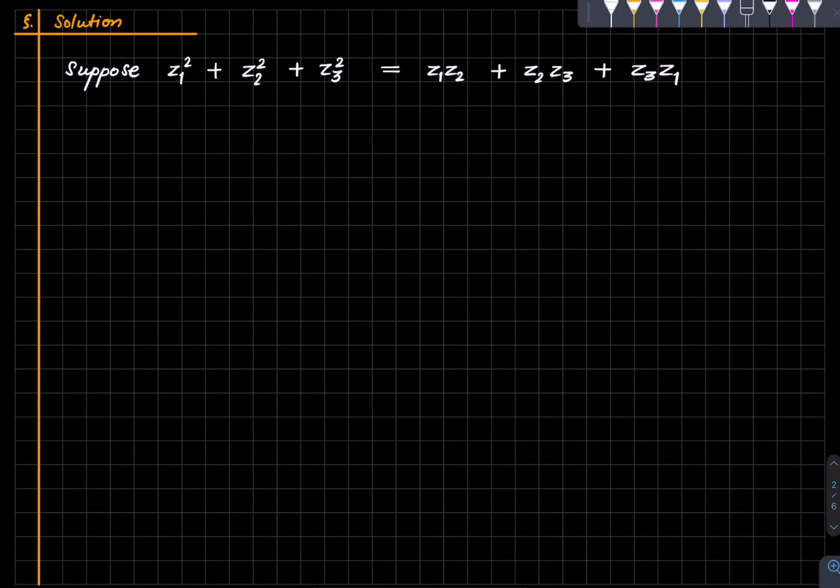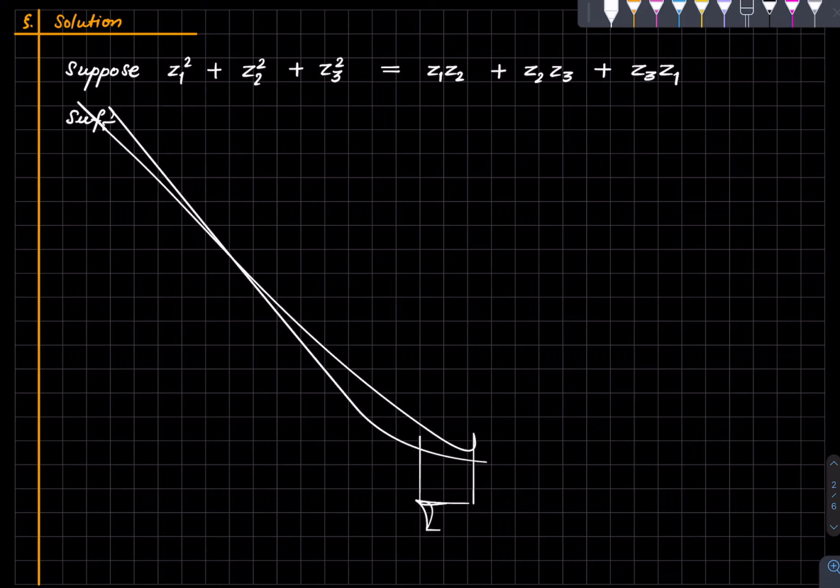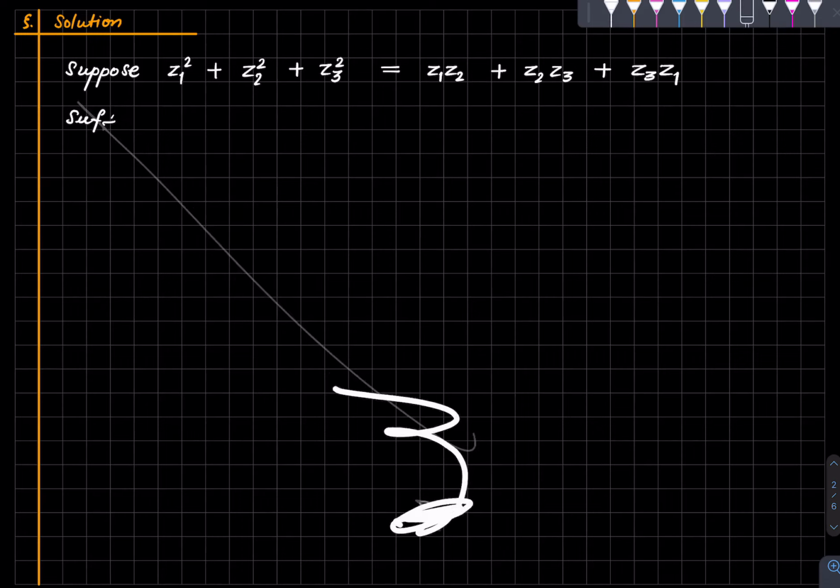So suppose indeed that we have this algebraic condition satisfied, then our goal is to show that z1, z2, and z3 are vertices of an equilateral triangle. But we will reduce this to a more palatable situation. So it suffices to show, and this is an important note, it suffices to show that